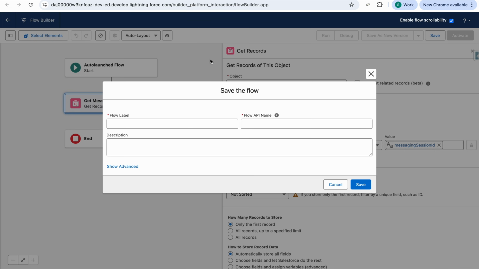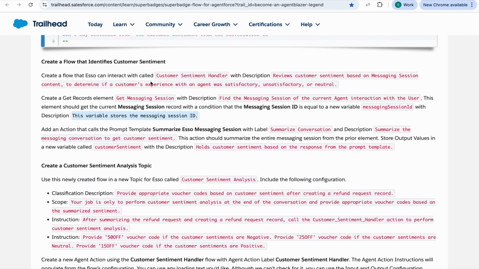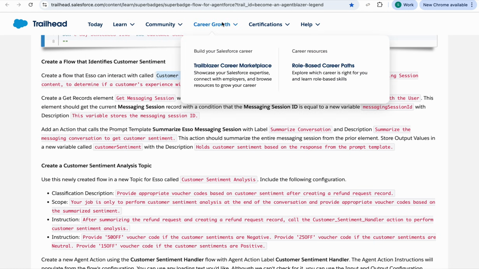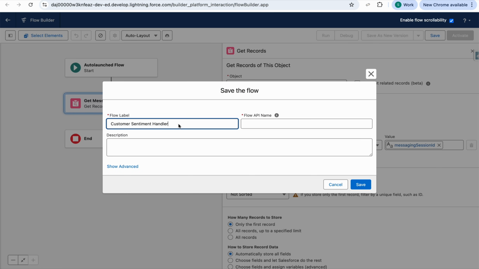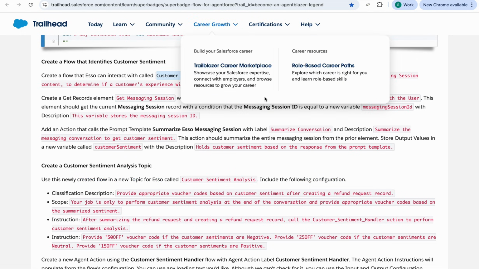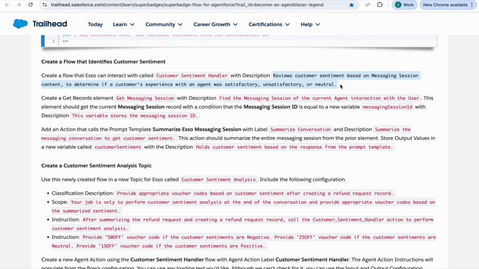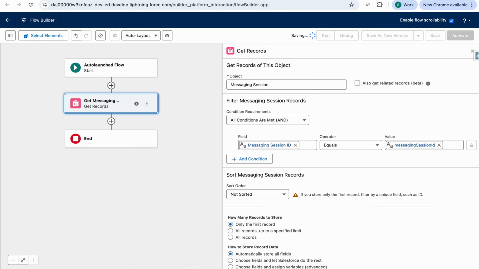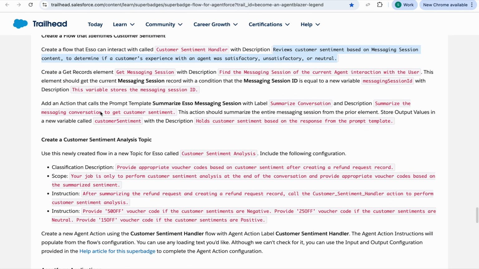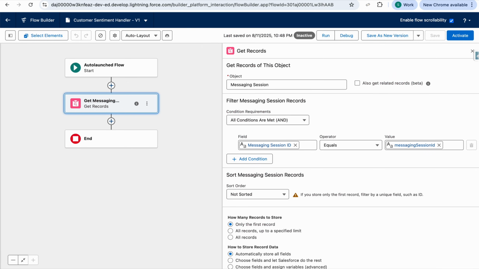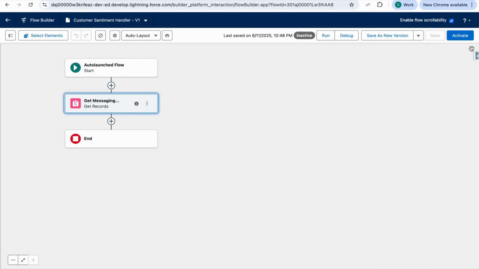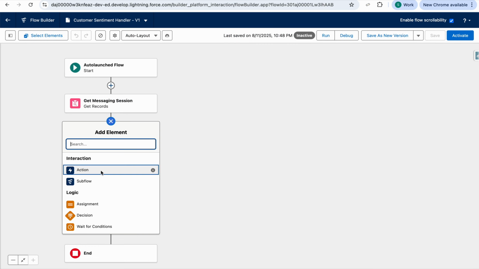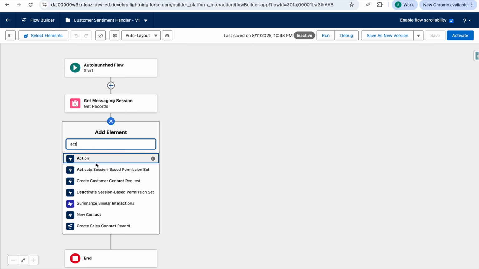Now also save the flow with this name. And the description. Make sure you copy all the descriptions correctly. Now we need to add an action that calls the prompt template. So the prompt template which we have created, click on plus icon, choose action,